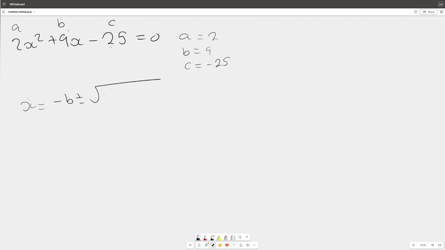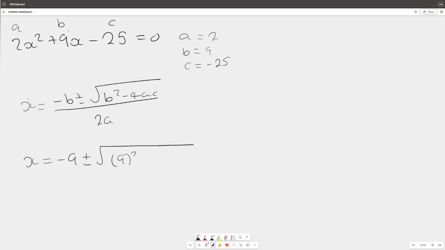Remember to always, always, always write down any formulas that you use in your exam, as writing down just the formula can get you a mark. I'm not entirely sure about the quadratic formula in that case, but say if you're using trigonometry, you're doing the cosine rule, you're using Pythagoras, you're using the sine rule, those kinds of things, always write those down, as you can pick up marks for just writing down the equation and substituting in the values sometimes. So x equals minus b, which is 9, plus or minus the square root of b